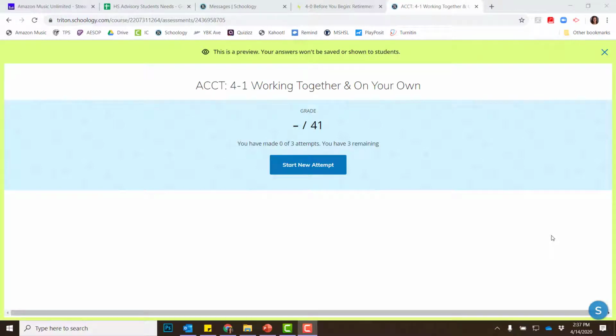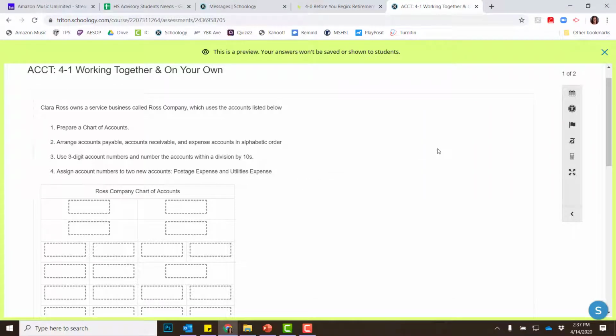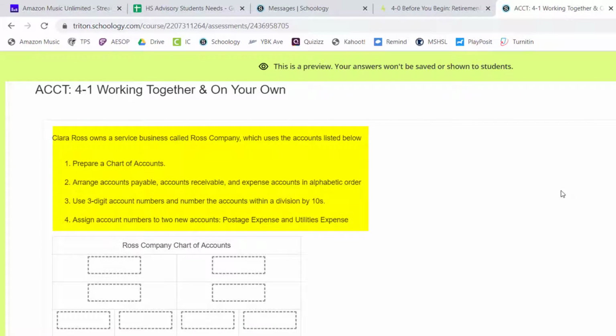So I'm going to walk you through the 4-1 working together and on your own. If you want to, feel free to skip this. Otherwise, you can even go to the end and use it to just check your answers. So here we go. In the first problem, we're looking to create a chart of accounts for Clara Ross's service